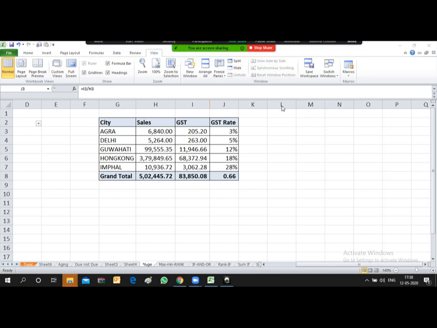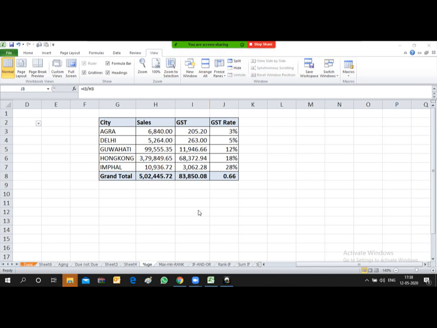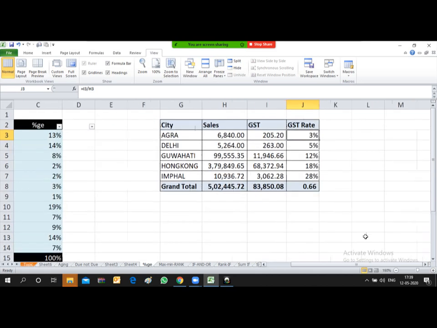Friends, all the cells in a worksheet are by default in locked condition. I'm again repeating it: all the cells in any sheet are by default in locked condition. So before putting this password or protecting the sheets or cells, wherever you don't want to protect the cells, you first need to unlock those cells, and then apply this protect sheet command. So suppose this is the table.